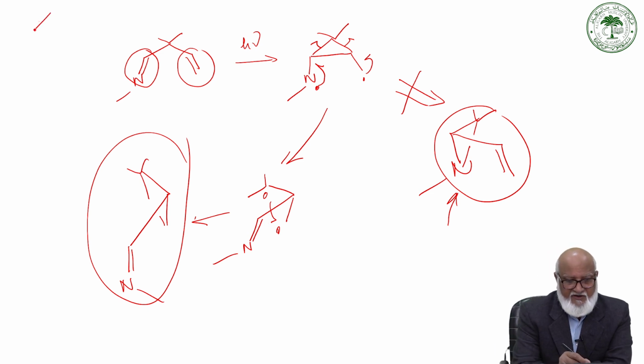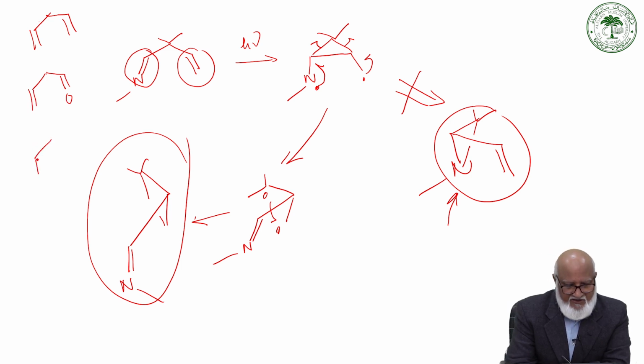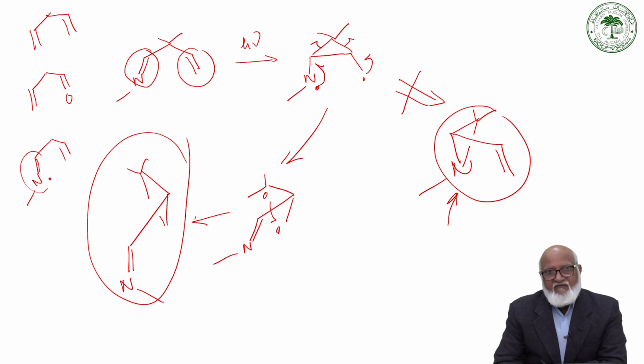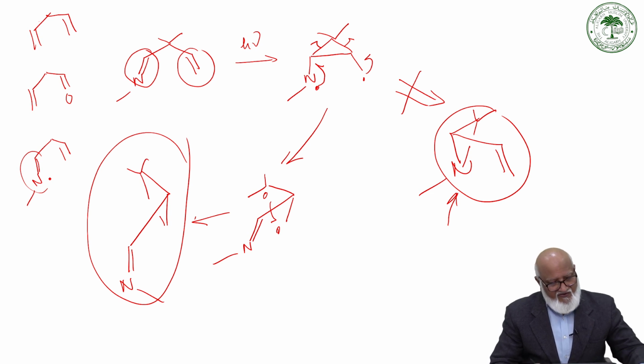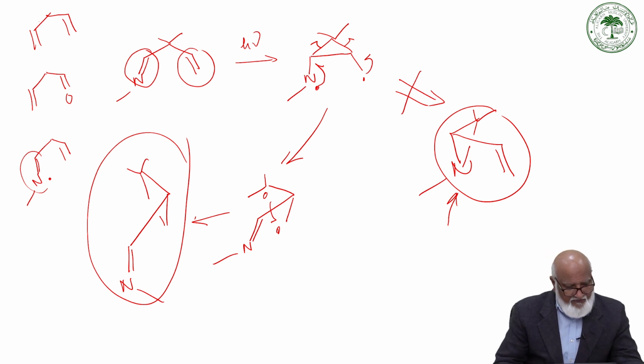So you can see that this is a highly generalized reaction: the di-pi-methane rearrangement, when the two pi bonds are part of the carbon system; the oxa-di-pi-methane rearrangement, where one of the pi bonds is part of the carbonyl; and the aza-di-pi-methane rearrangement, where one of the double bonds is part of the C double bond N. So all 3 different types of rearrangement are available. In all the cases an open chain system is generated. Different examples have been reported, and there is another example here.